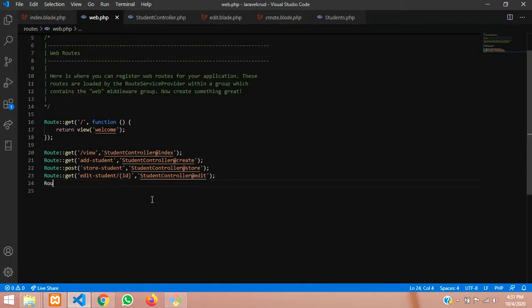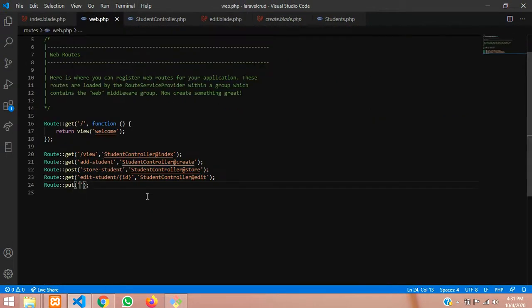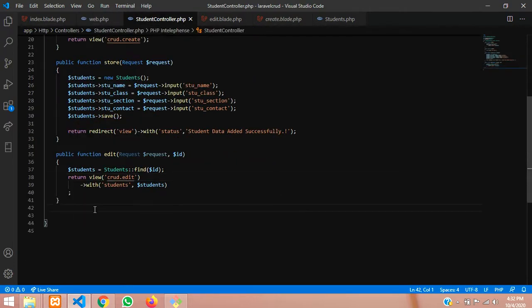So let's use route, where I'm going to use the put method and pass the URL. My URL is in the edit blade. Let's copy the student update student / with the ID, and pass into the controller, student controller, where the update function. Okay, so let's copy and go to our controller to create an update function,